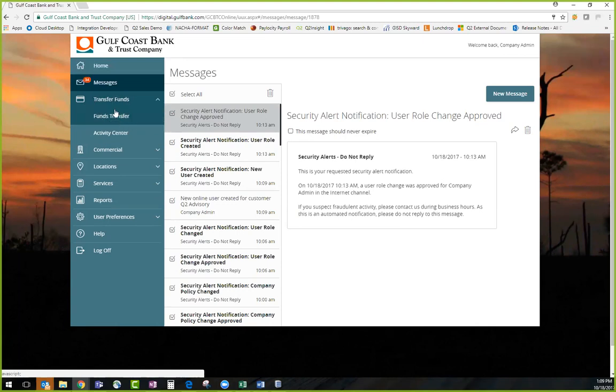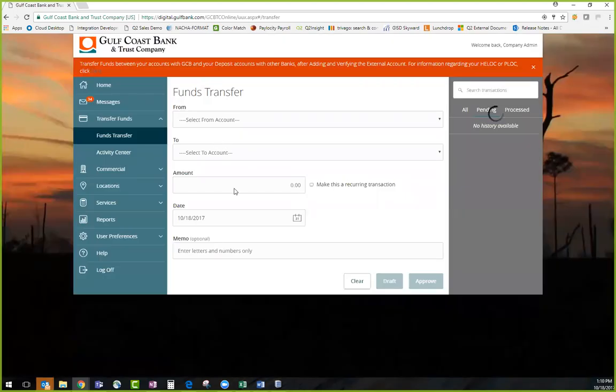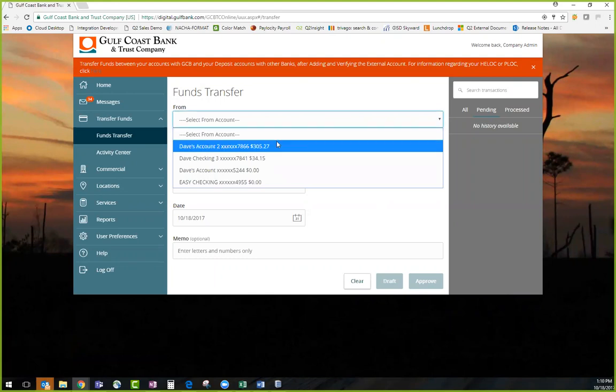The first thing we're going to talk about is funds transfers. Funds transfers is an opportunity for you to do a single, same day, future dated, or a recurring transaction within the online banking. Simply select the from and the to,